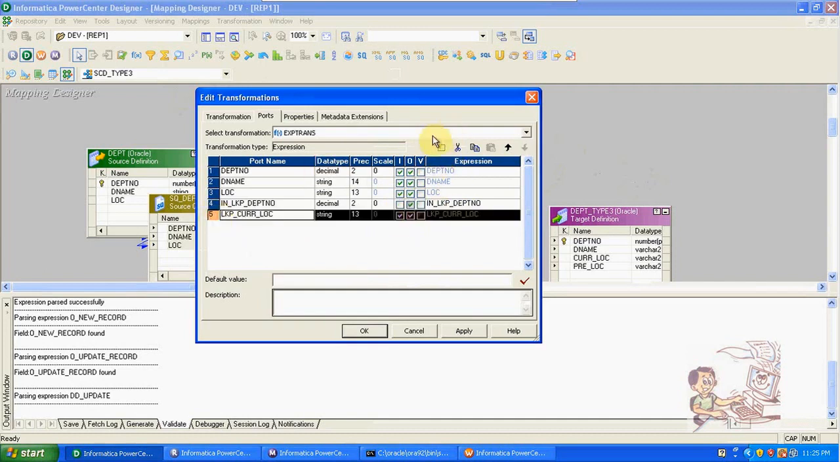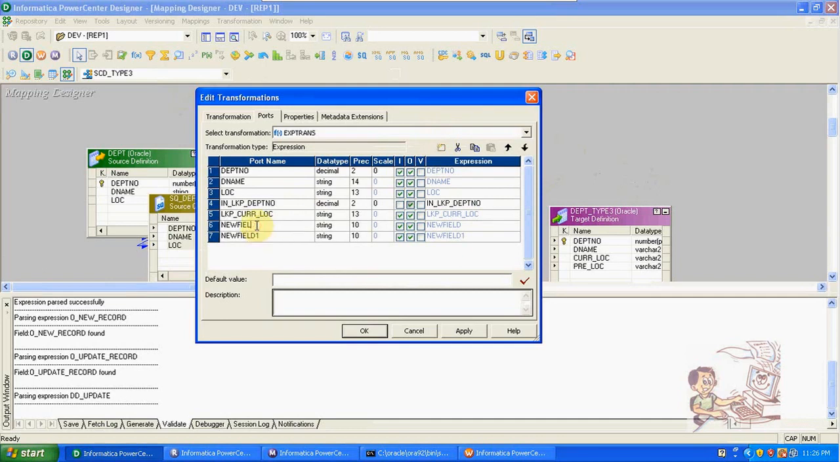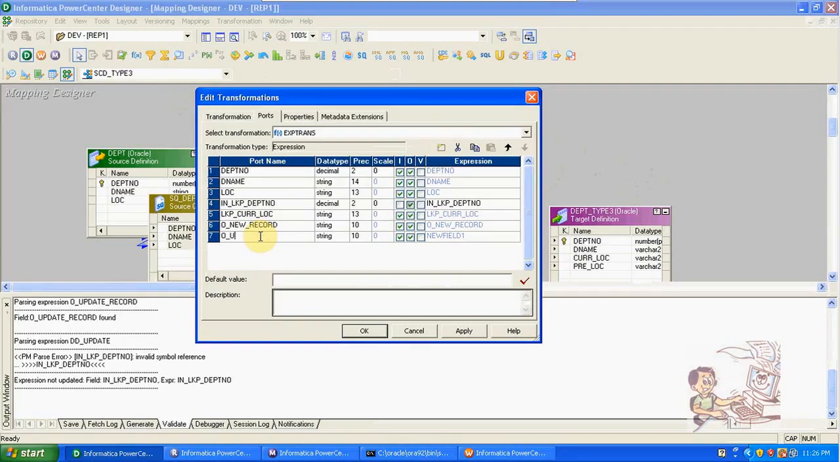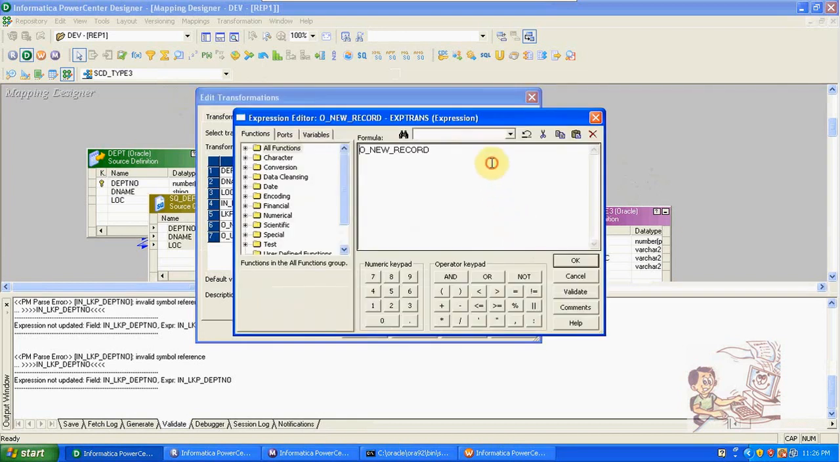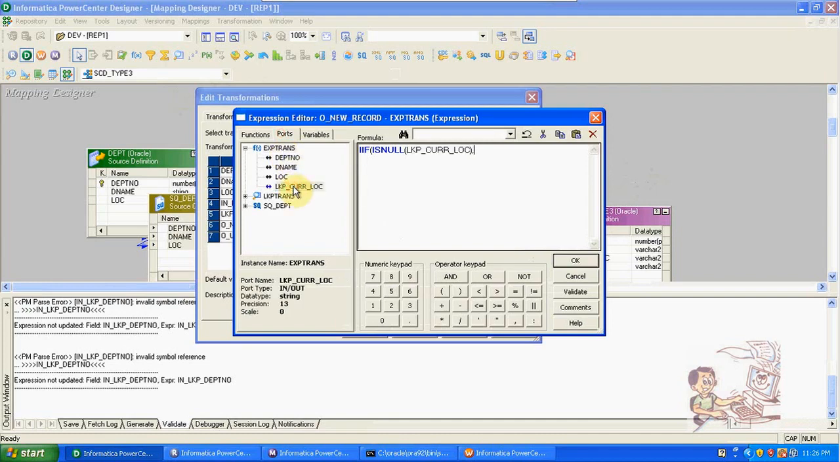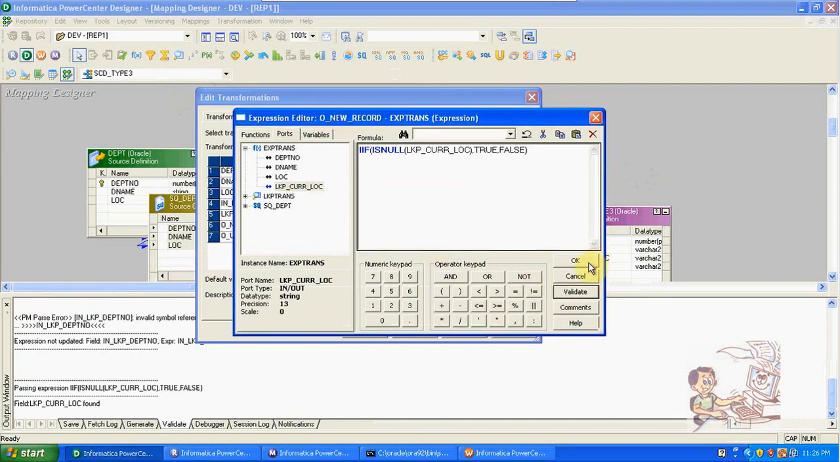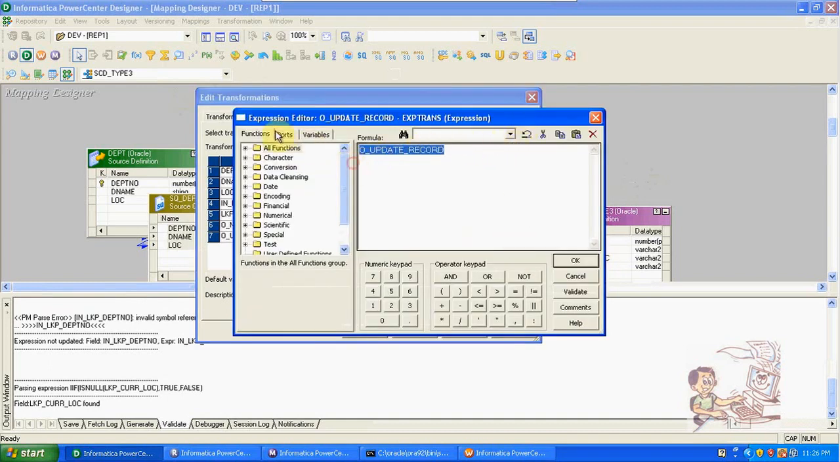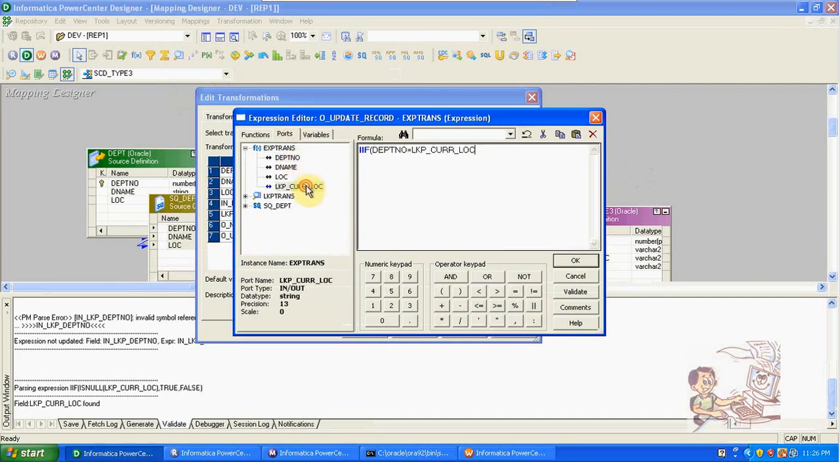Okay, and create two columns here to identify new record and update record conditions. New record, and this one is update record. So the new record condition is IIF of ISNULL of lookup department number, true comma false. Okay, validate. And this one is update record. So the update record condition is IIF of source department number equal to lookup department number